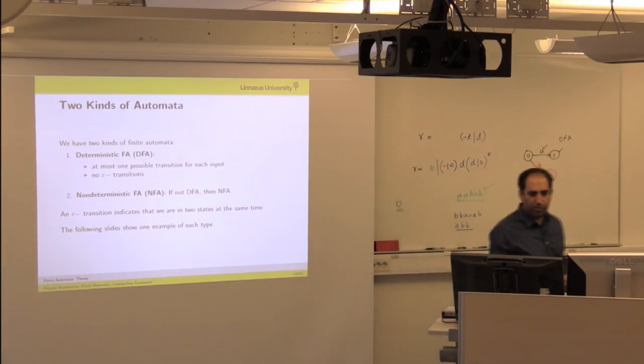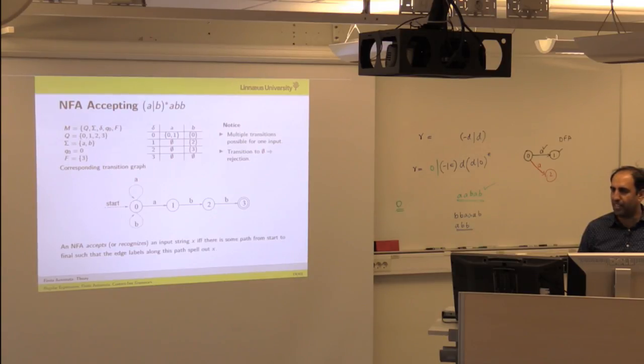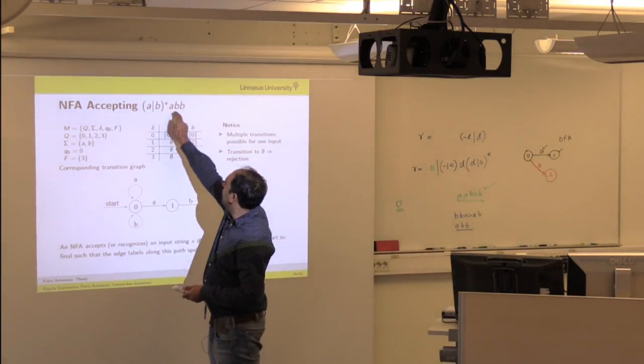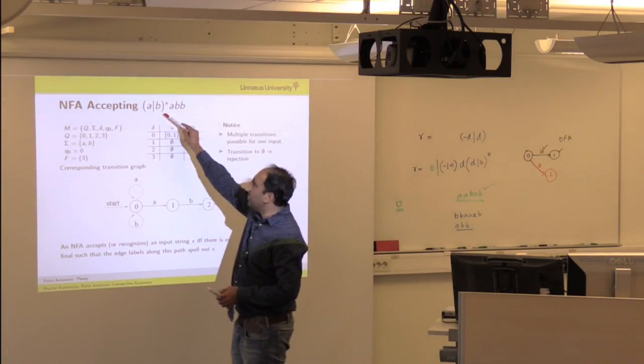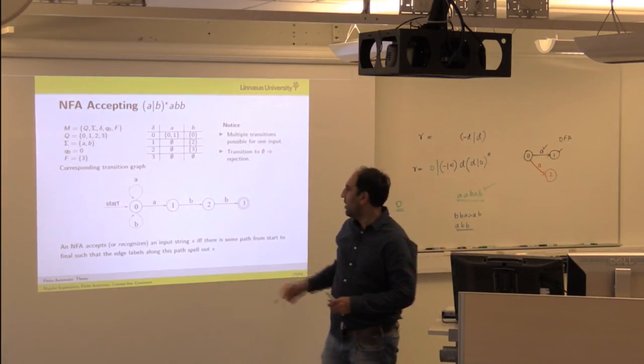We will see examples of both deterministic and non-deterministic finite automata. Usually the NFAs, or the non-deterministic ones, are easy to build, but they have problems. And the DFAs are a bit tricky to build. So for example, here we have an NFA, and we have a regular expression here, (A or B)* A B B. And if you have been asked to build or develop a finite automata, most probably you will